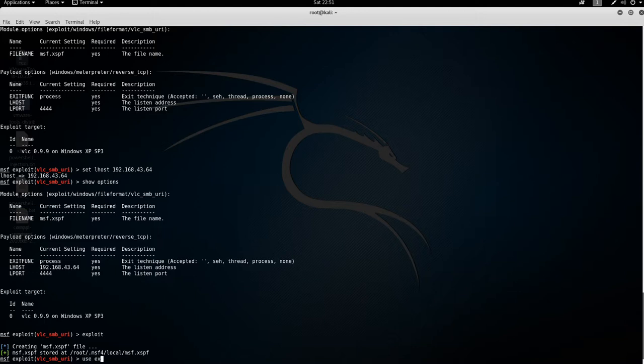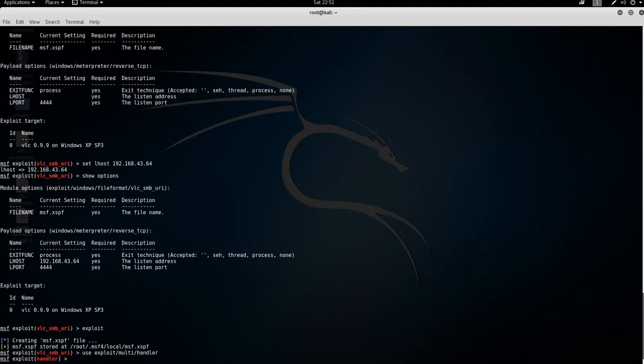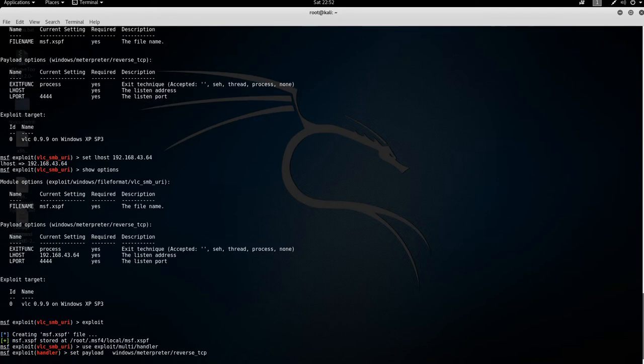So the multi-handler is basically a generic payload handler that provides all the features of the Metasploit payload system to exploits that are launched outside of the framework. So now we are gonna set the payload like we did earlier to Metasploit reverse TCP, this one,